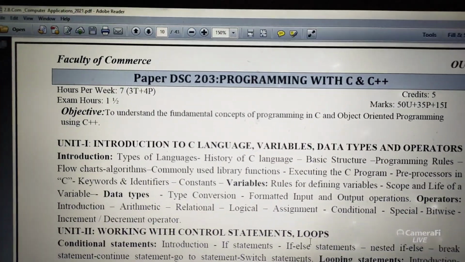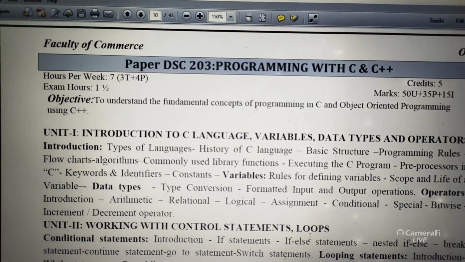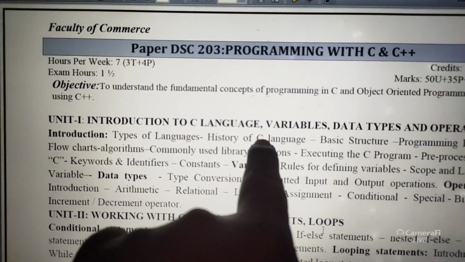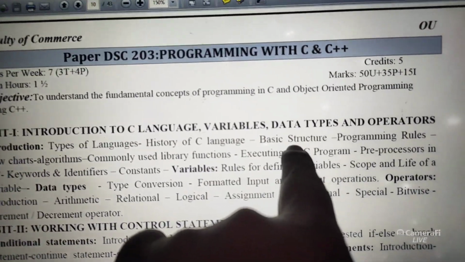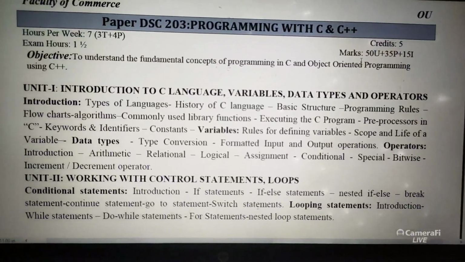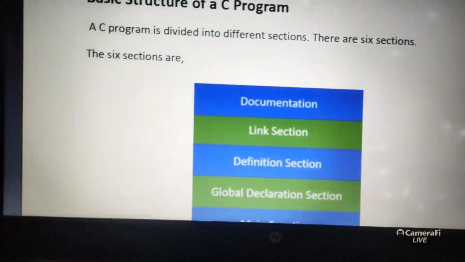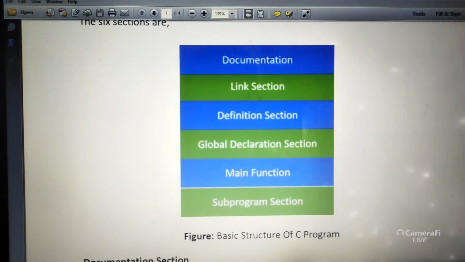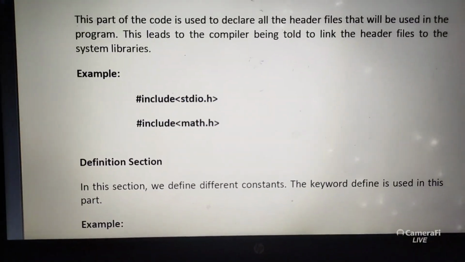So this is our syllabus, programming with C and C++. The first topic is finished, types of languages, and history of C are already finished. So the basic structure we are going to discuss. The third topic, this note was given to you yesterday: structure of a C program and one sample program.